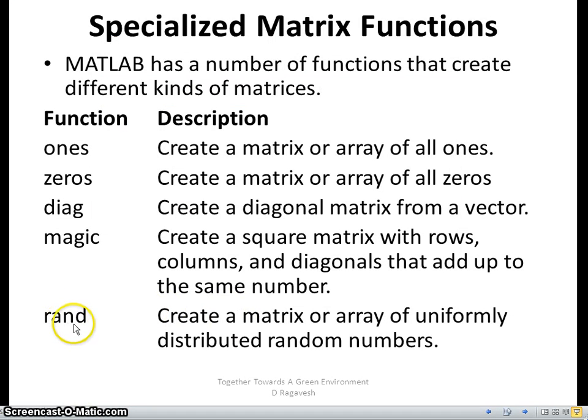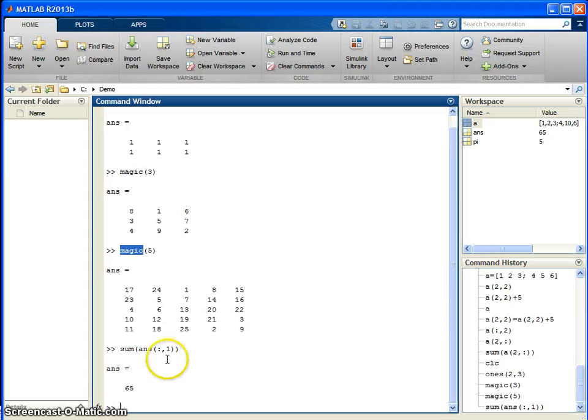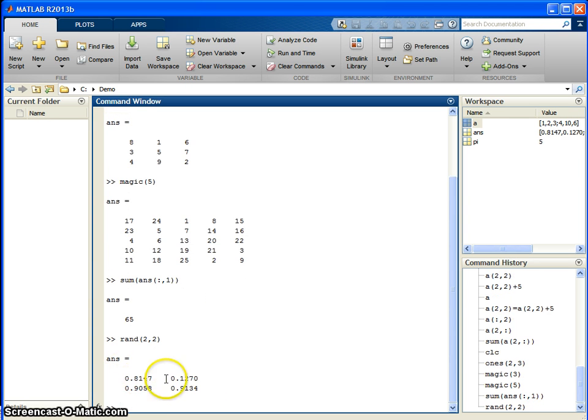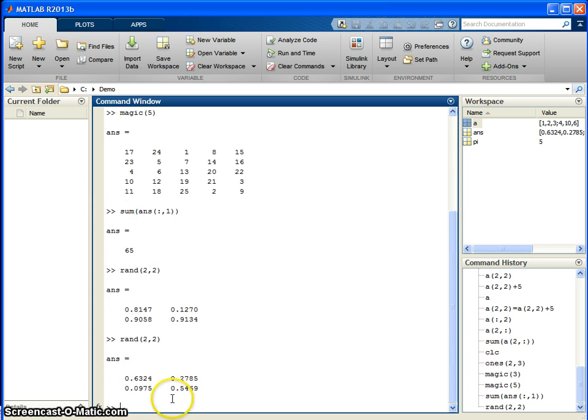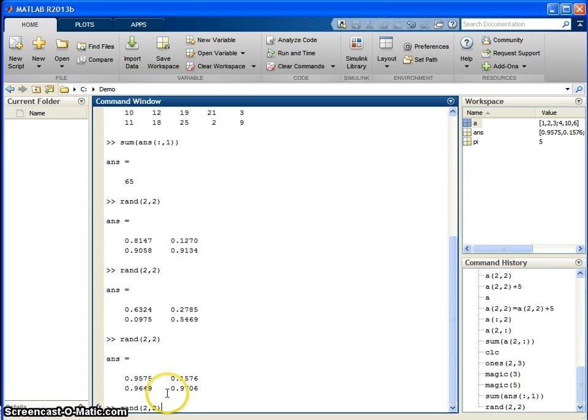And same way you can also create a random number array. It is very hard to predict what the result will be for rand, as it says, a random value. When I say rand, it just generates a different number. Again, if I run the same function, you don't get the same results. It is always going to be different. That's the purpose of having a random matrix. If you want to conduct some experiment with random numbers, you can always use this matrix.